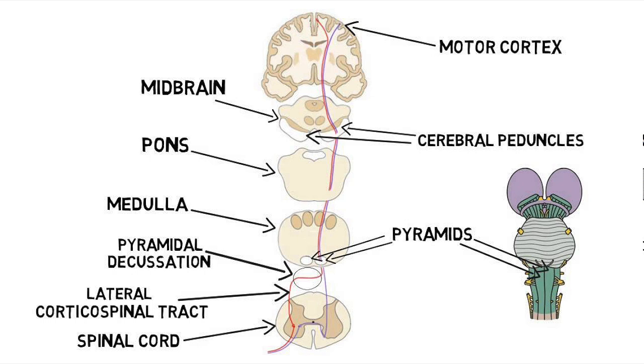So let's review the 3 pathways in order to understand this. First, your corticospinal tract is what controls motor control of your body. It starts in the cortex of the brain, travels down through the internal capsule, and then decussates at the pyramids, which is right around the medulla, and crosses to the other side. And then it travels down the spinal cord, and then finally, wherever it's destined to be, whatever muscle it's destined